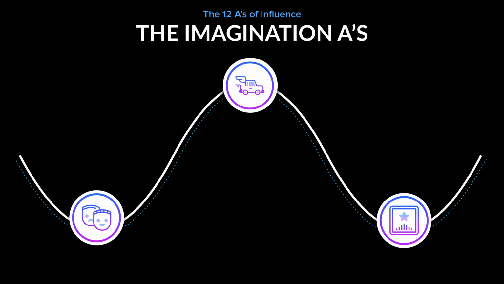The first imagination A is allegory. Allegory is used when we share stories and metaphors. This creates a massive amount of engagement, curiosity, and excitement. You see, we grew up as human beings telling stories around the campfire. You might even remember a time when you were a kid around a campfire, around some type of social setting, where someone was a really good storyteller, where someone almost shared a story as if you became the main character in it.